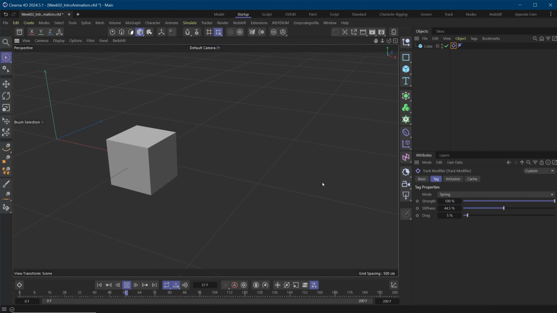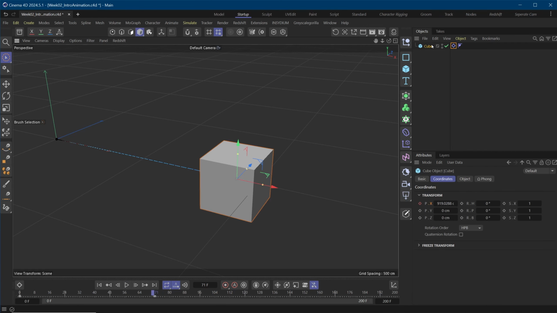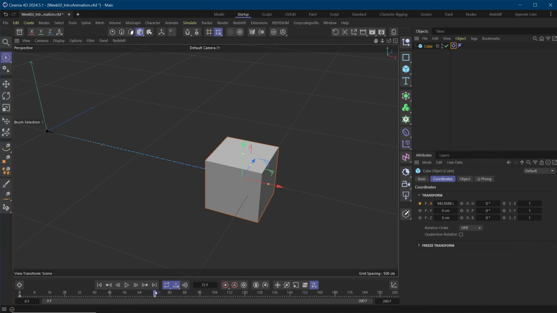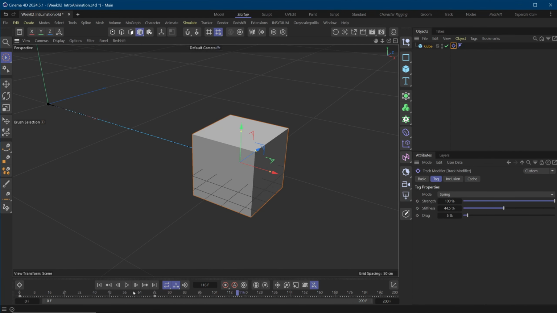This is another one that I use all the time, and it just helps with speeding up animation. Because if you were to try and animate that bounce manually, you'd have to delete that and then keyframe that, and then you'd have to manually tweak it, and then tweak all the keyframes. Whereas, just undo that. With this track modifier tag, it's all procedural